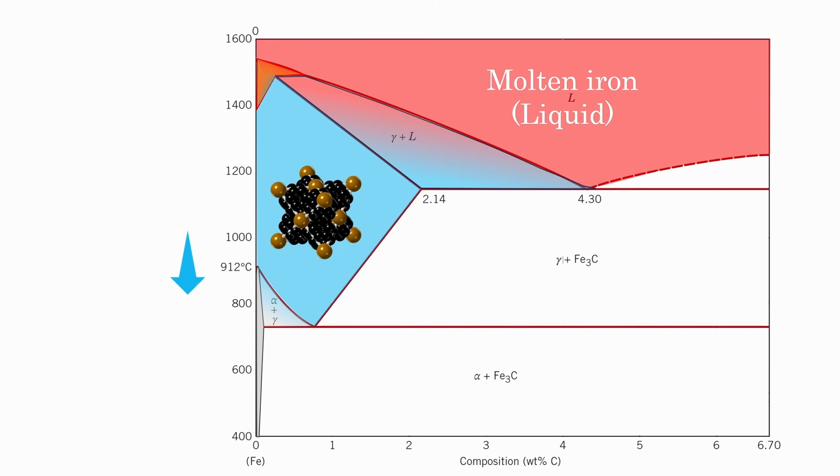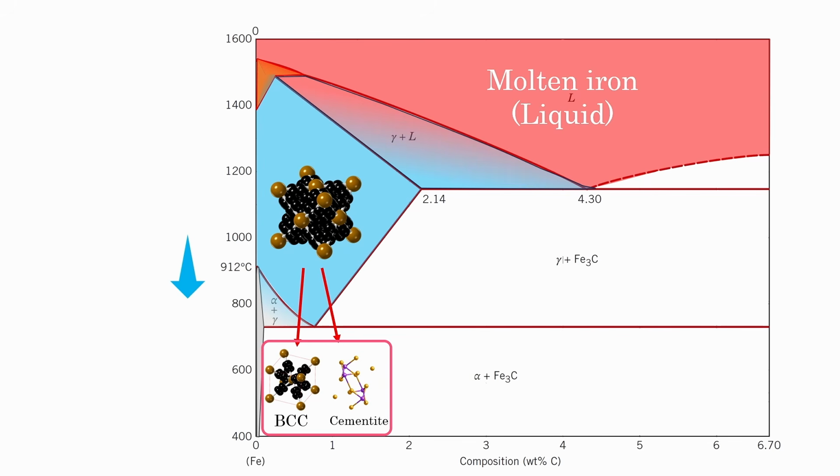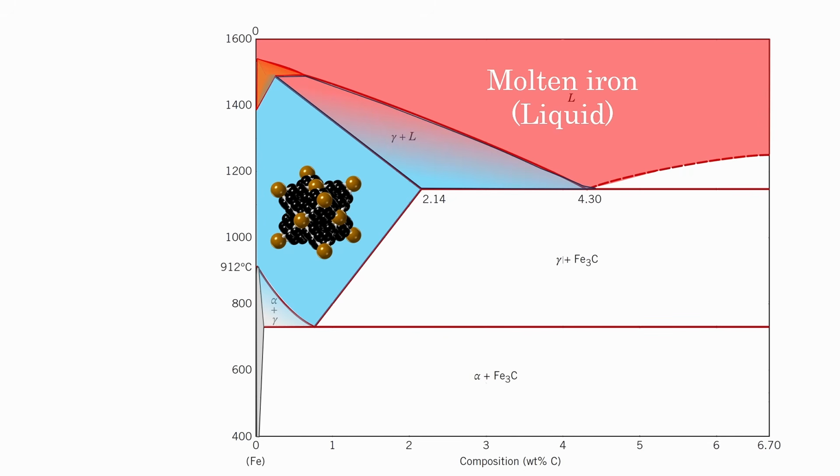But if we let the steel cool again at a very slow rate, then the FCC crystal structure will again start changing back into BCC, and the carbon will come out and again form cementite naturally. And we are again back to BCC ferrite plus cementite, nothing changes. But quenching changes everything. That is, if we cool the FCC austenite steel very fast, rapidly, by using a water or oil medium,